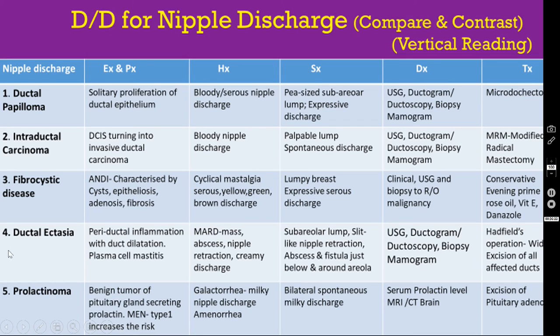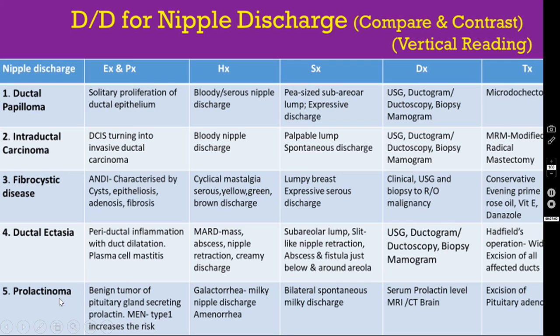Here, if you have confirmed the ductal ectasia, you can do what is called Hatfield's operation. This is the periareolar incision you have to make, and you have to excise a cone of breast tissue. The point is pointing towards the nipple, and the base is towards the base of the breast tissue. So you have to excise a cone of tissue that includes a lot of the lactiferous ducts. You have to remove it, and then, without distorting the form of the breast, you have to suture it back. Hatfield's operation.